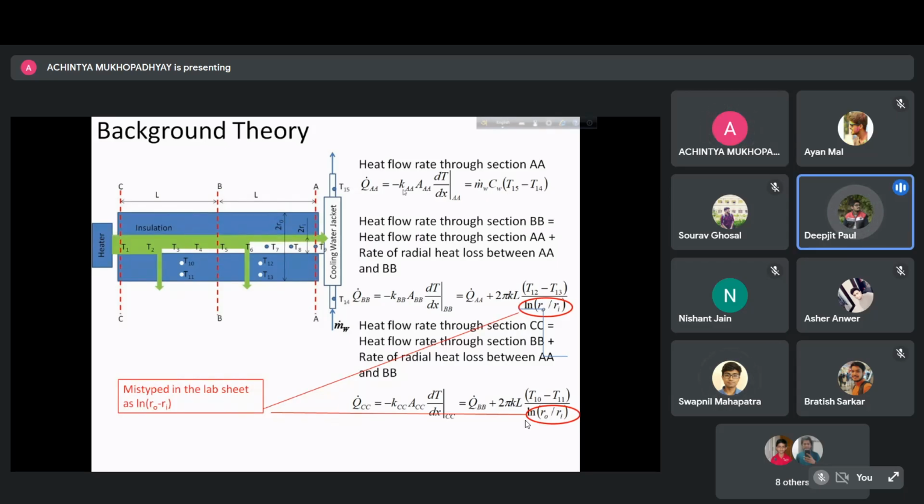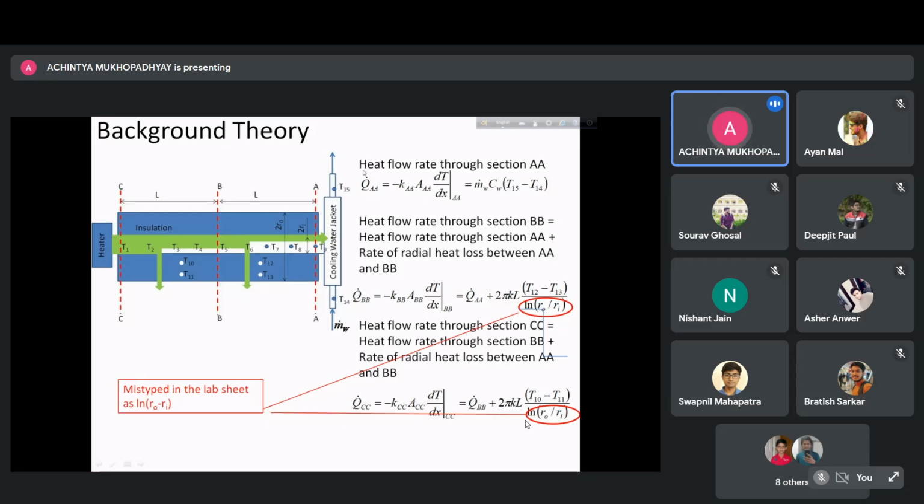Because the thermal conductivity is changing with the change in temperature. The thermal conductivity will be changing with change in temperature. Because we are expecting a significant temperature variation from T1 to T9, thermal conductivity at different temperature locations will be different owing to different temperatures. So to calculate